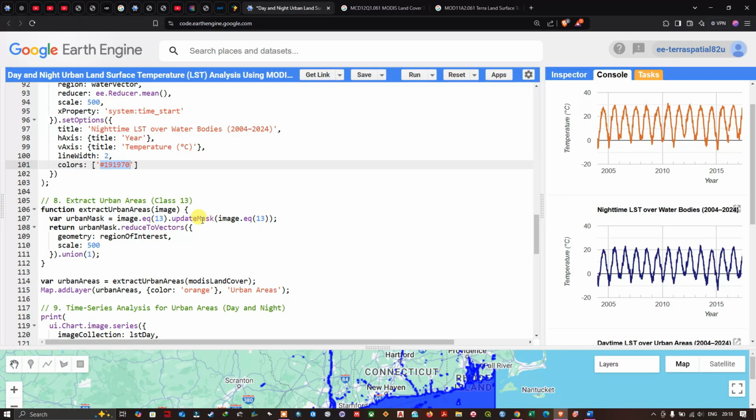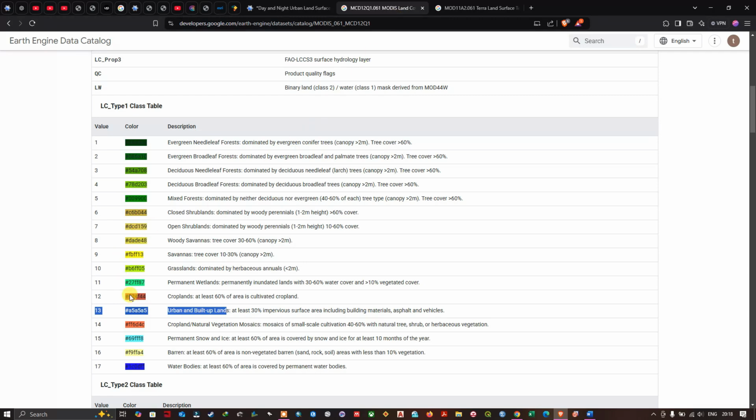To extract the urban areas from our MODIS land cover data, we're going to create a loop function. We're going to create a function, extract urban area, with the image referring to a MODIS dataset. Inside this function, we're going to create a variable called urban mask, equal to image.eq(13), meaning the MODIS image equals 13,